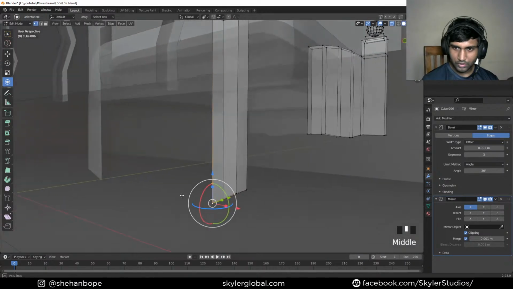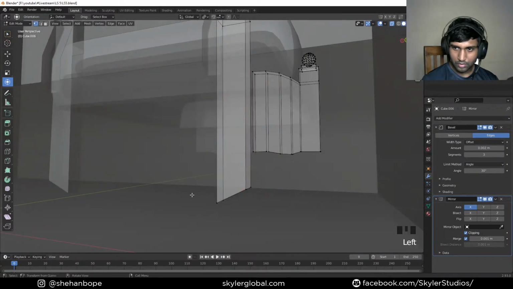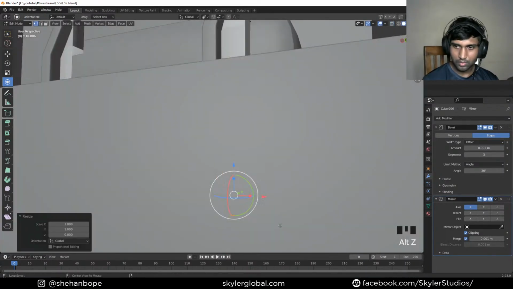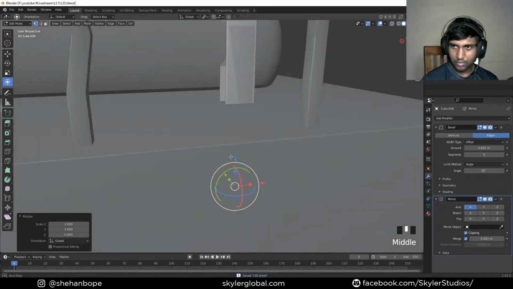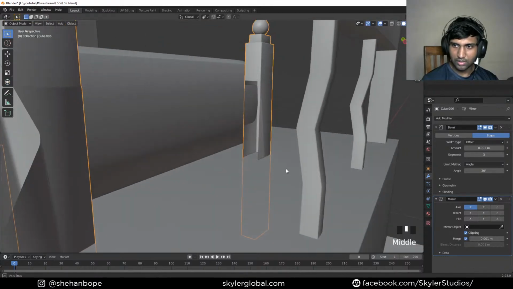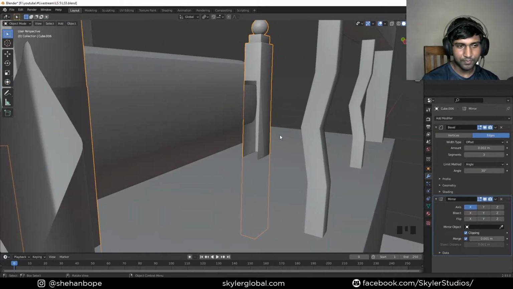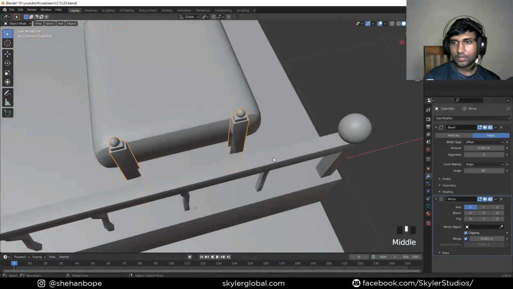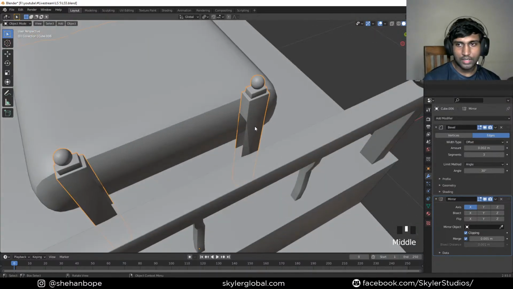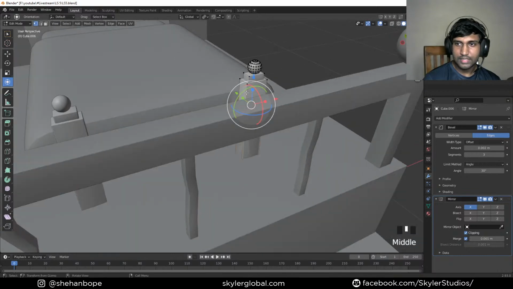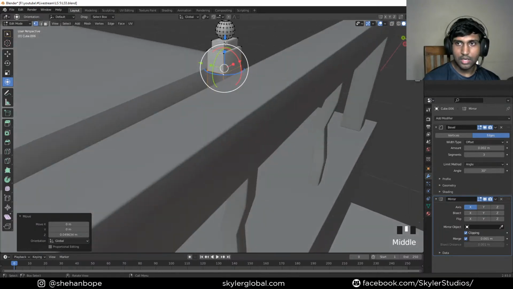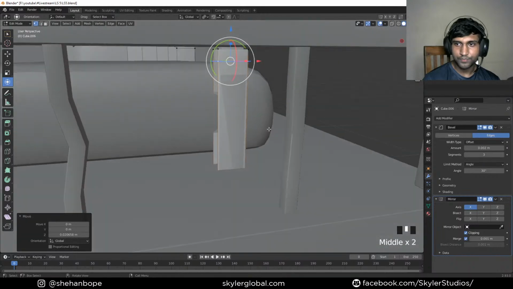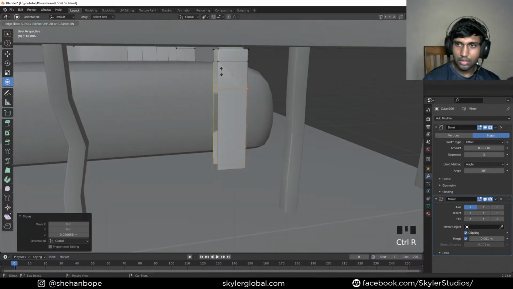Now there's some shading error here. I wonder what that is. Now, never mind. What I'm gonna do is select this edge, GZ, put it up, and I'm gonna add another loop cut somewhere here. Control R, loop cut,